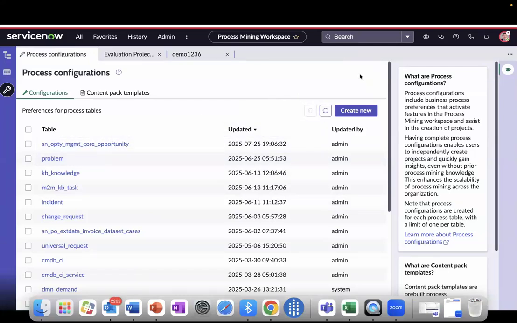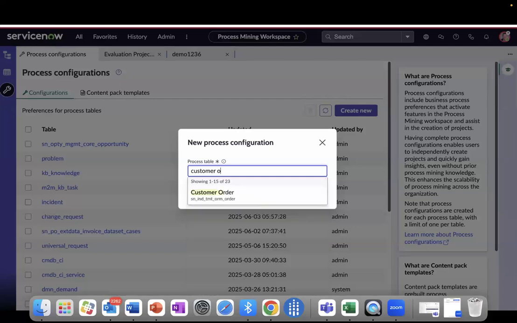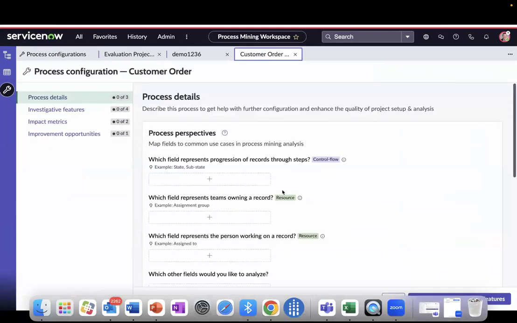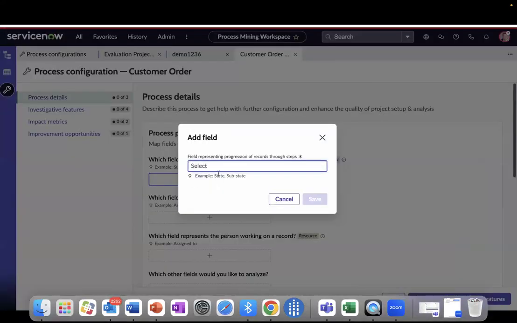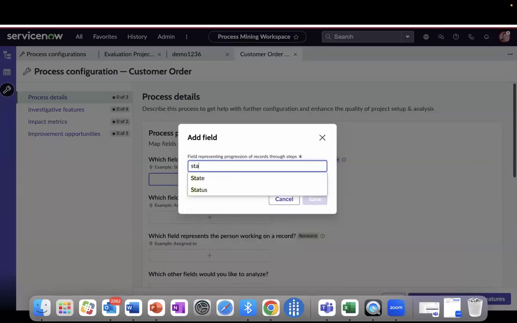But I think we'll do it for the other 2 tables as well, slowly and easily, because this is an important step. So repeat the same for, say, customer order. And exact same process, which fields on customer order are important for you now. So think about it. Is it the state field of an order?